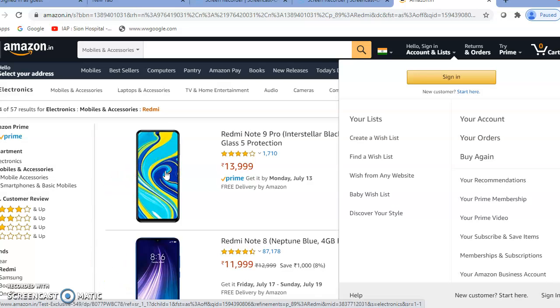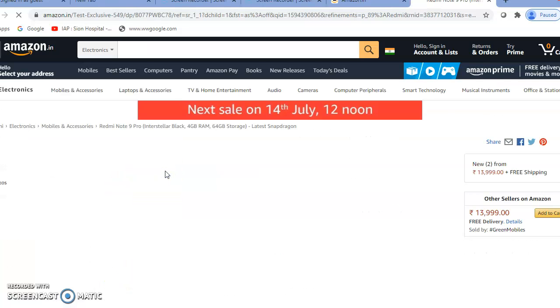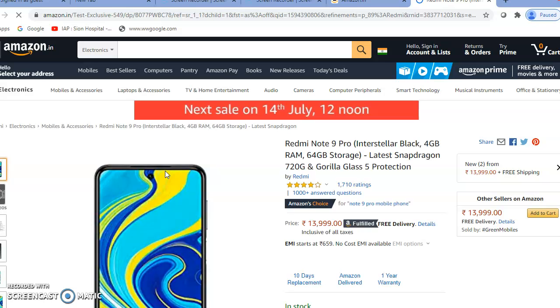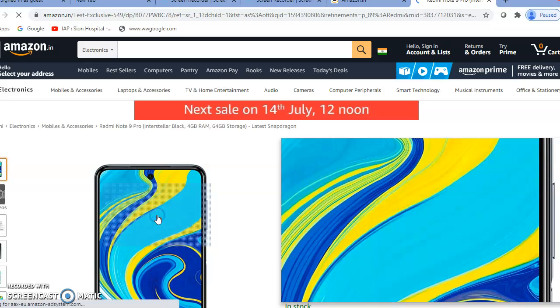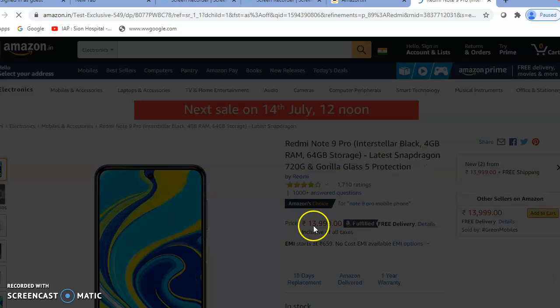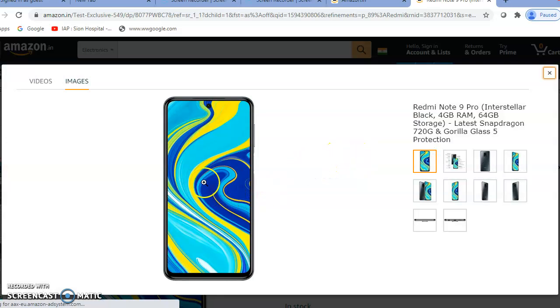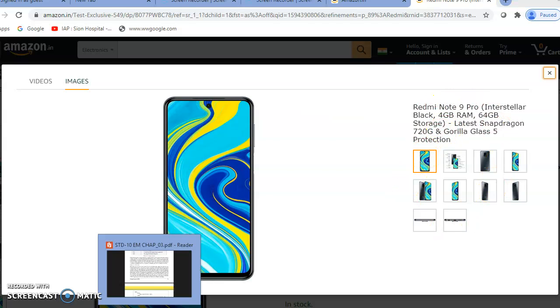When you click on any image, the page regarding that image will open. If you again click here, see, the big image is displayed here. All the information regarding this image will appear here. So this is called bigger and bigger.